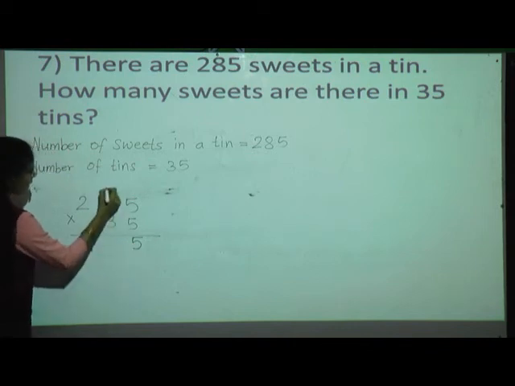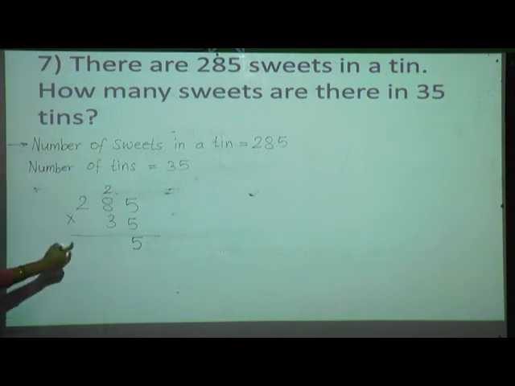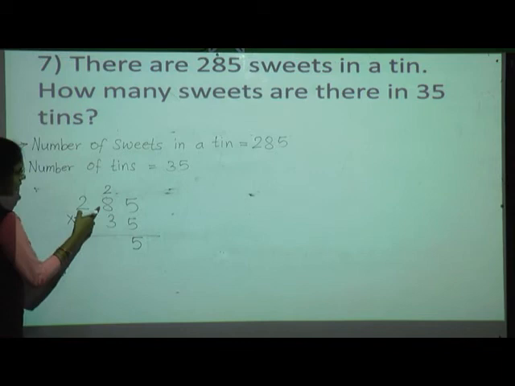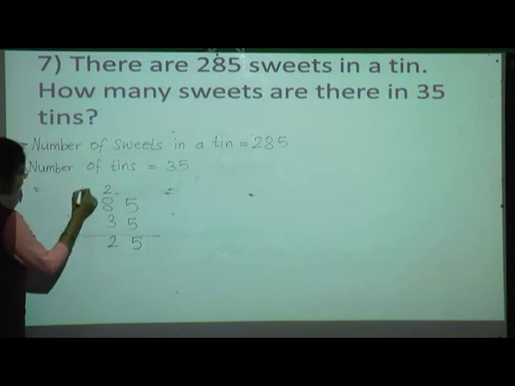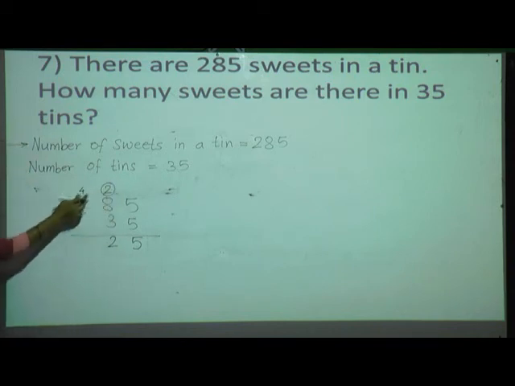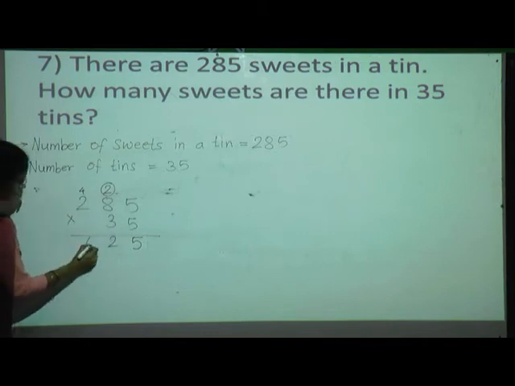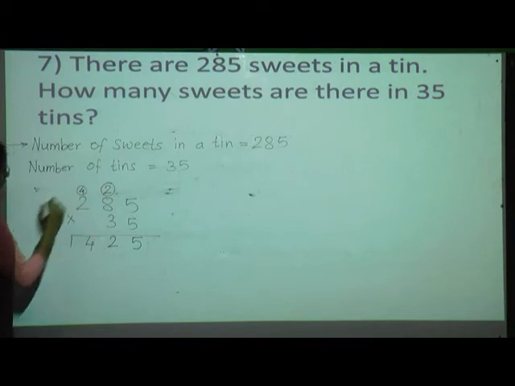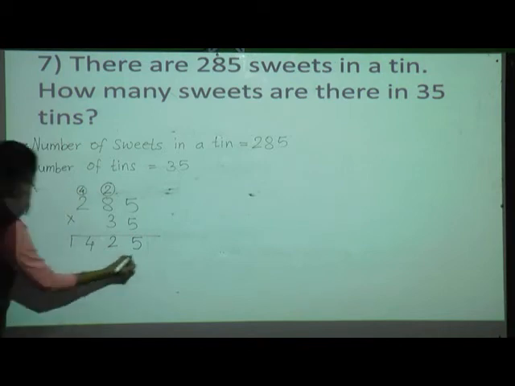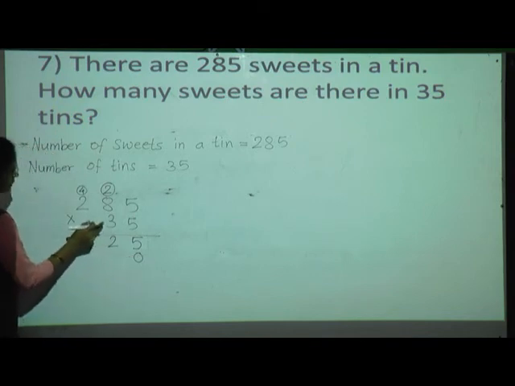So we will write here 5 and 2 as a carry. Then 5 into 8. 5 eights are 40. 40 plus 2, 42. So we will write here 2 and 4 as a carry. You have to circle this because we have added this already. Then 5 twos are 10. 10 plus 4, 14. So write here 14. Then give here a 0 and then start from the 3.